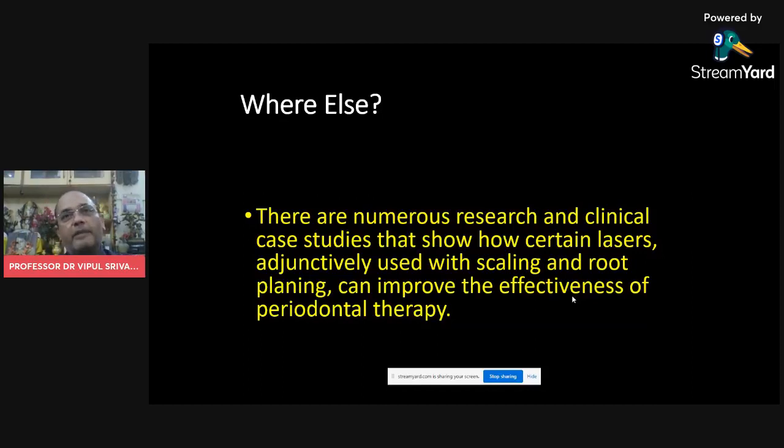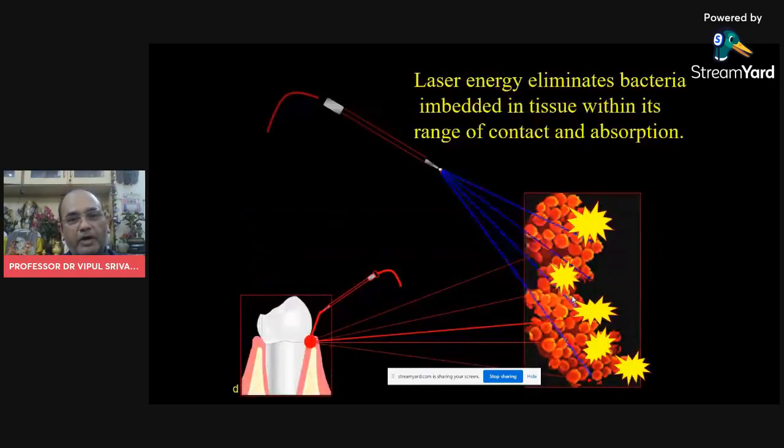We talk about Millennium lasers, PerioLase. The wavelength is 1064. So why is PerioLase better than other lasers? Because depth of penetration is high, so it can go deep into the periodontal pockets. If you notice in these slides, laser energy eliminates bacteria embedded in tissue within its range of contact